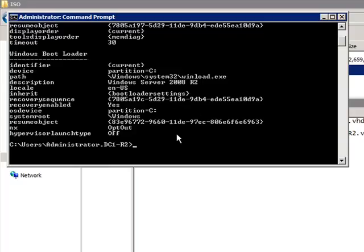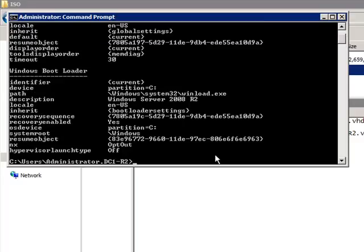We're going to make a clone of this particular set of information. We're going to create a clone of the current settings that are currently being used to boot up the machine. Here's how we do it. All right, so here's the command that we're going to use to do this. It's really pretty easy. There's just a couple of weird things that we have to do for it. So we start off by typing bcdedit /copy, and now we're going to put in a squirrely bracket, and we type in the word current and end the squirrely bracket. Remember, we're just making a copy, a clone of the current settings that are currently being used to boot up the machine. All right, space, then we need to do a /d,